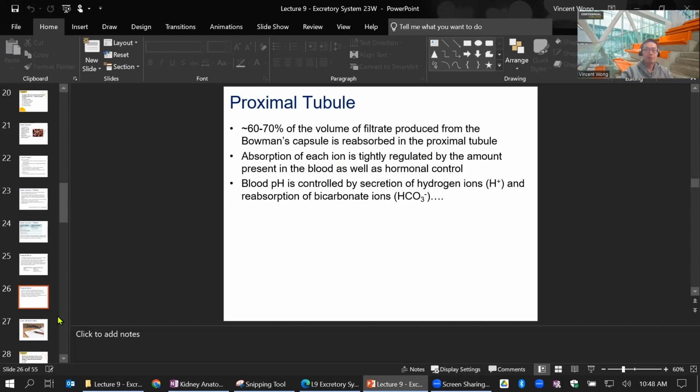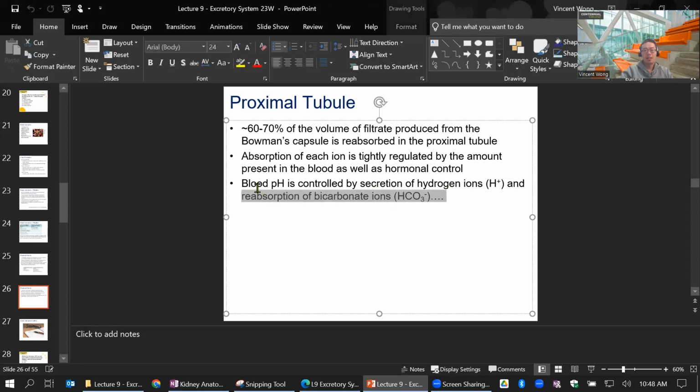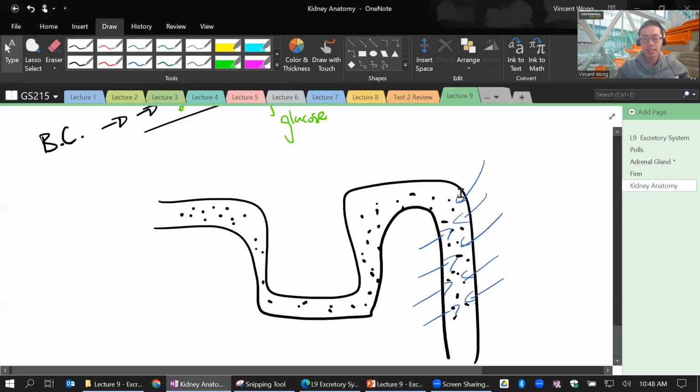Okay, and this is the last thing we want to talk about before we end today's lecture. Blood pH is controlled by secretion of hydrogen ions and reabsorption of bicarbonate ions. Okay, so we're going to explain this point